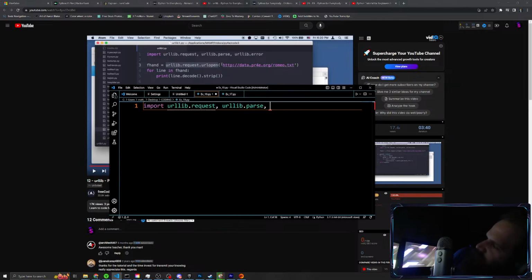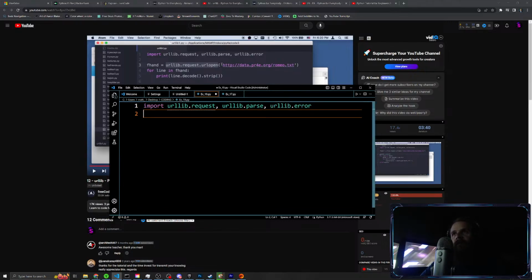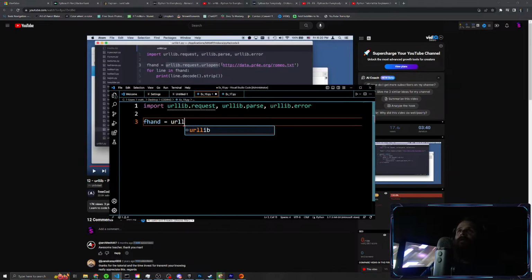It's cold now. I think I said this yesterday too. Then urllib.error. I don't understand that part, but that's fine. I don't know why that's necessary, but anyway. fhand equals urllib